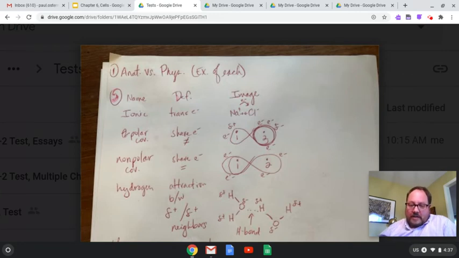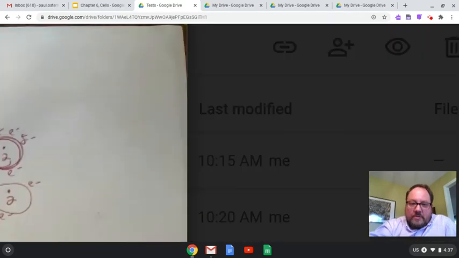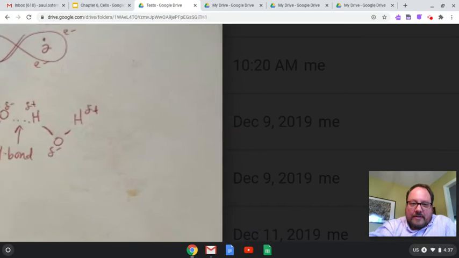Next, we're going to look at types of bonds. Now, ionic bonds result from the transfer of electrons between partner atoms, or in this case, ions. So in the example we have there, the sodium ion will give up,